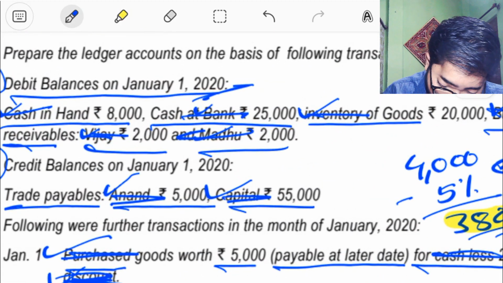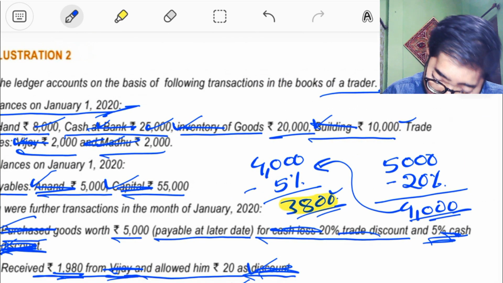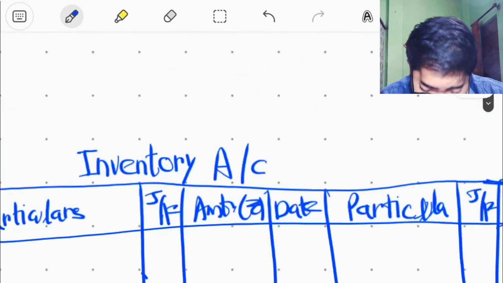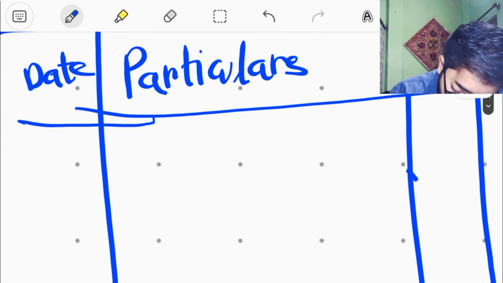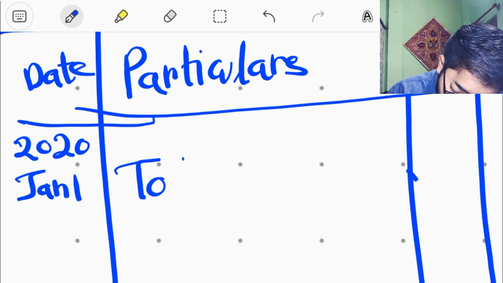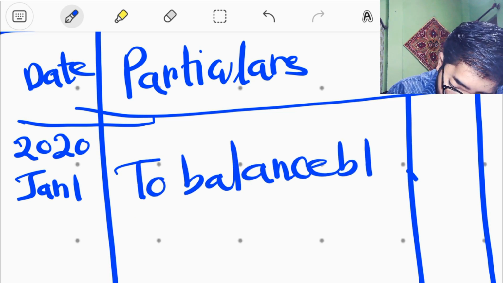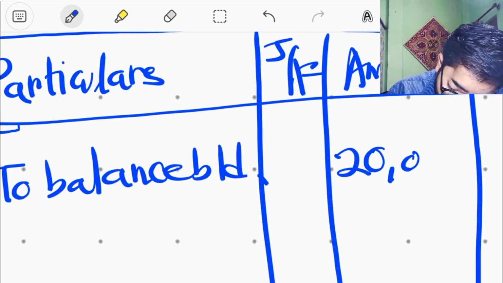Next, cash done, bank done, inventory 20,000, building 10,000. 20 and 10. Inventory, opening date to balance BD 20,000,